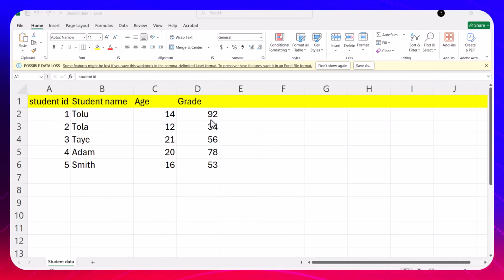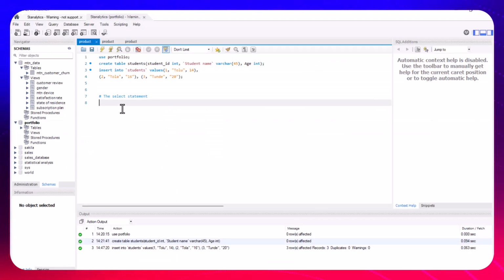and grade is a column, right? So the select statement allows us to either specify every single column at once, or select just some of them. You can decide to choose student's ID and student's name only, or student's ID, student's name, and their age. So let me show us how to do it. To select every single column, you write select star from